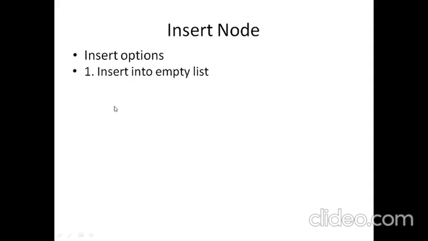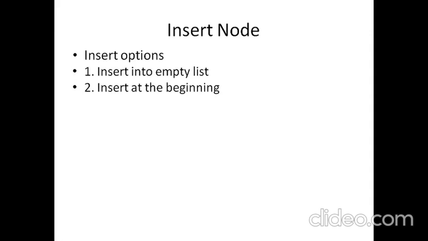We may be trying to insert into an empty list. This is the first option, that there are no existing nodes in the list, and what we are going to insert is going to be the first node itself. So insert into empty list.